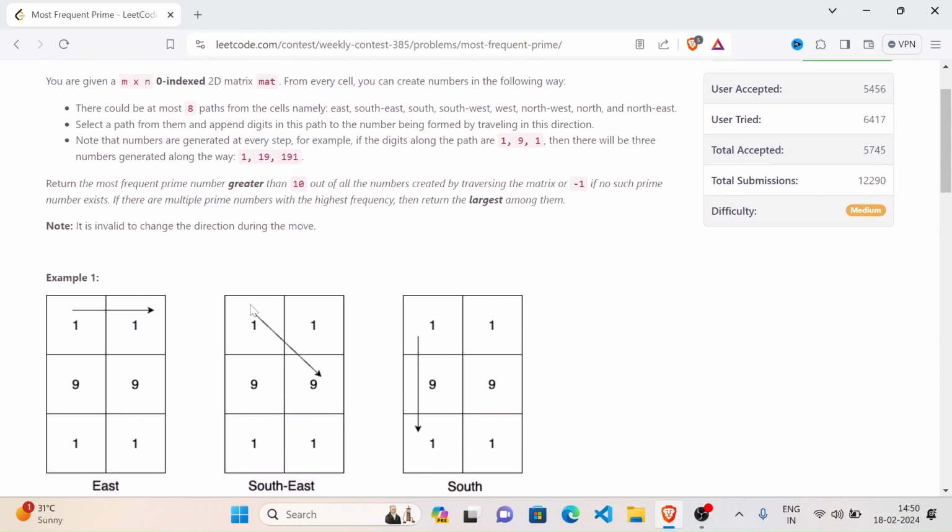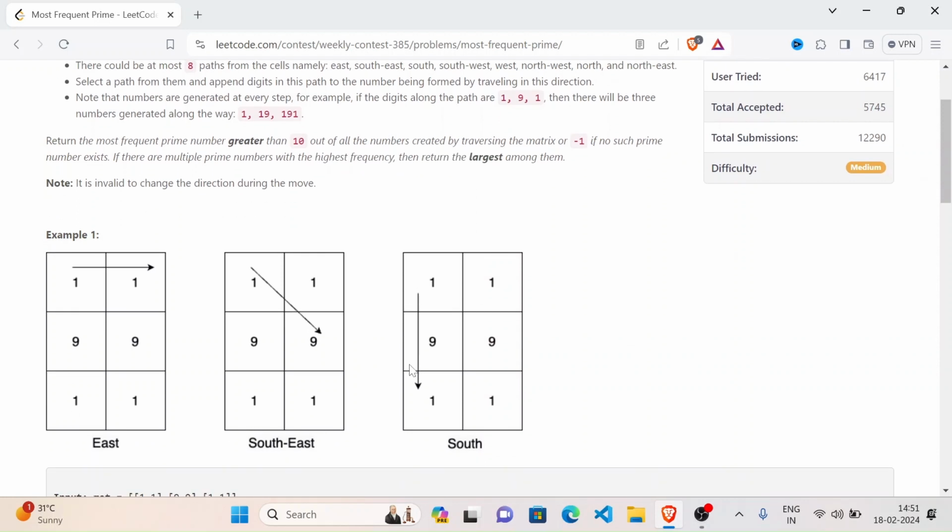Then we need to append the digits as we go in a particular direction to the previous digits and check whether it is prime or not. If it is prime, then we need to count its frequency and return the most frequent prime number greater than 10. If there is no prime number, then we need to return minus 1. And if two or more prime numbers have the same highest frequency, then we need to return the largest